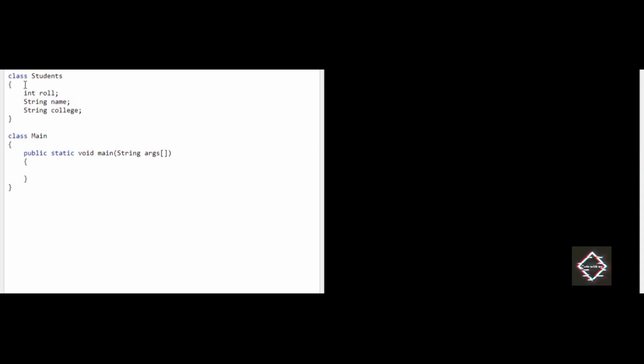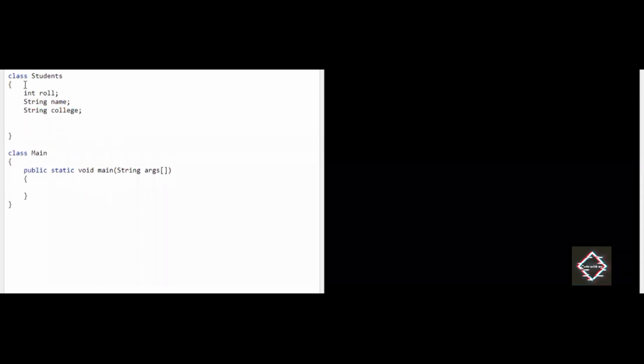Now I'll make use of a constructor, Student. This is a constructor. Inside this I'll make use of three variables: int x, String y, and String z. Since I have three instance variables, I have declared three variables here.